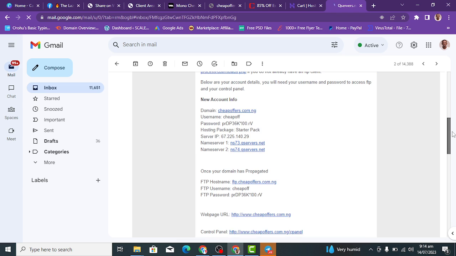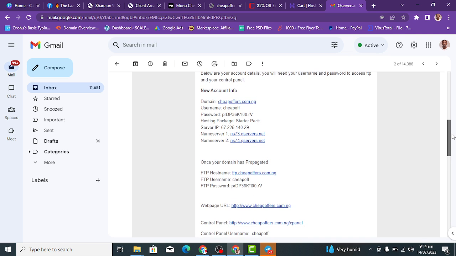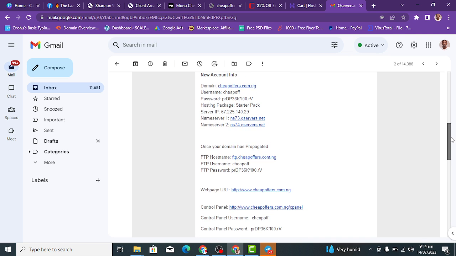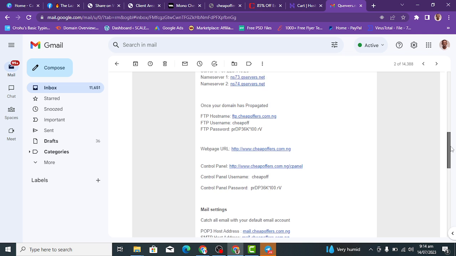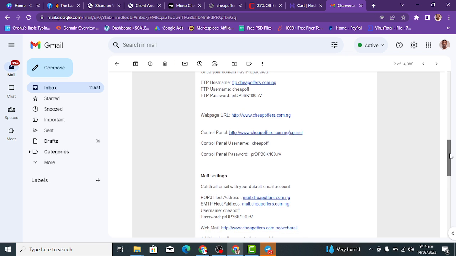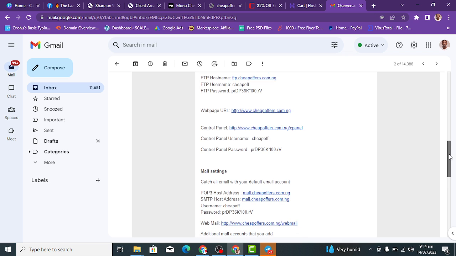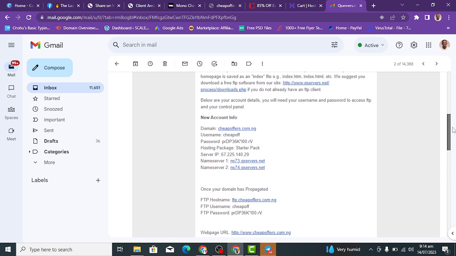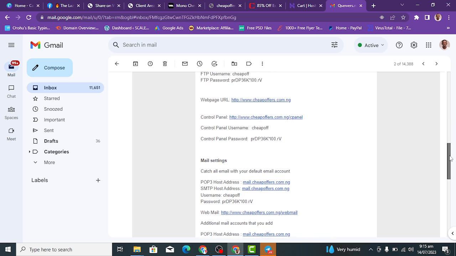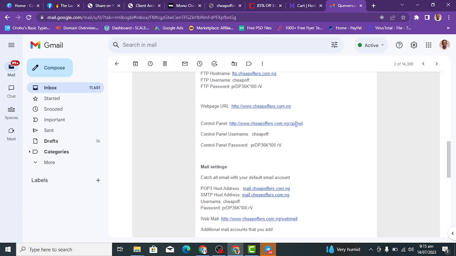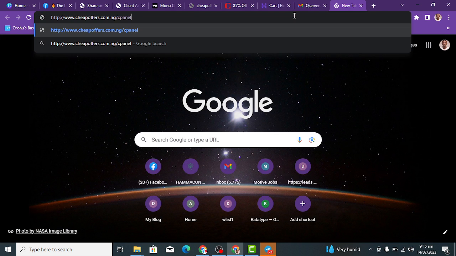You can see this is a new account created, this is a username and this is a password. Then these are other domains; once they are propagated, this is how we can access them. The FTP hostname, these are the web page and control panel, and this is the password to our control panel. For now, what we want to access is our control panel. So you either click this link here and open it in a browser,